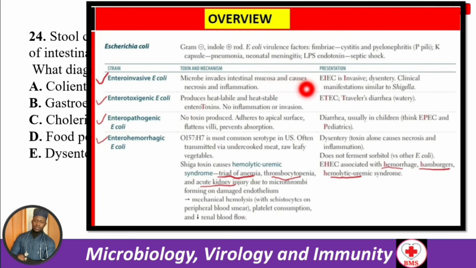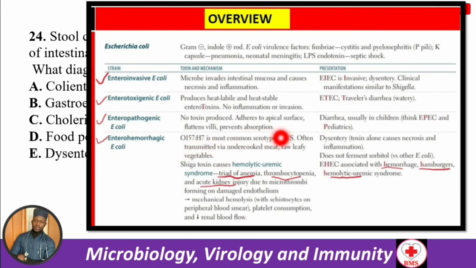Firstly, enteroinvasive invades the mucosa, so it's similar to Shigella. Then on enterotoxigenic, T, just to remember, for travelers' diarrhea, it will be watery. Enteropathogenic, P, for pediatrics, usually children. And then enterohemorrhagic, you just need to remember this strain,